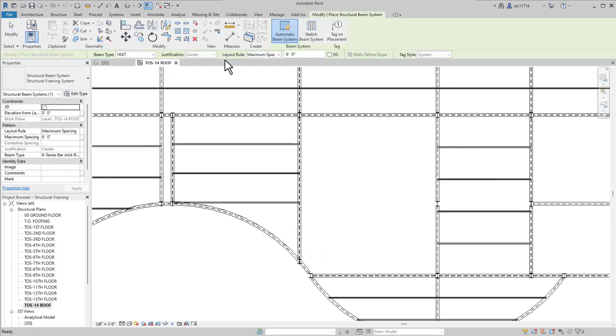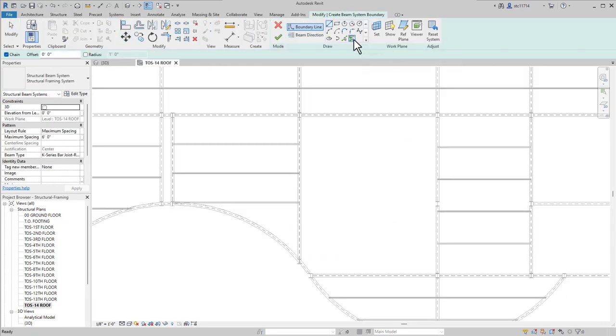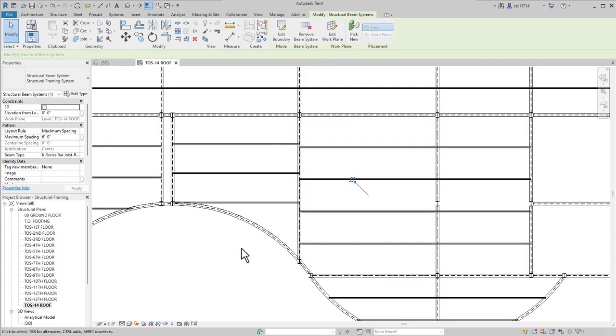You can see the grid line of where it would have went, but it wouldn't allow us to create it. One final one, beam system, sketch, select my members. Have to make sure I get this curved arc in there as well. TR to create some corners. Finish. And there we can see my system.